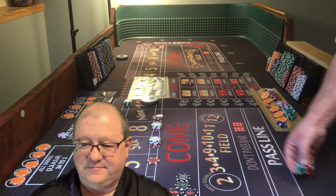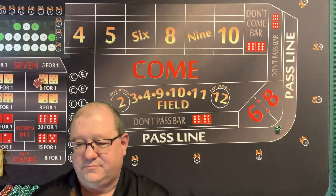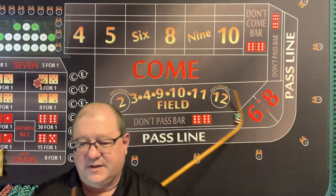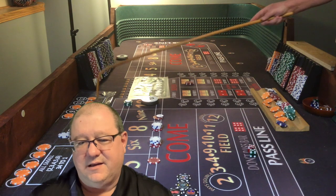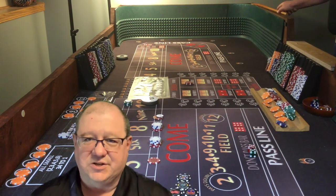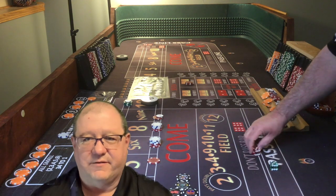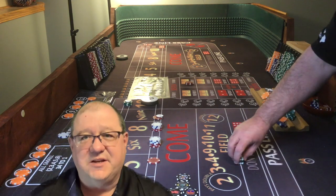Dice are out. And that's a 6-5 yo. Yeah, so let's talk a little bit about that. I should have never been playing this strategy to begin with. If I've only got $200 with me or whatever it might be, you got to make sure that you can cover